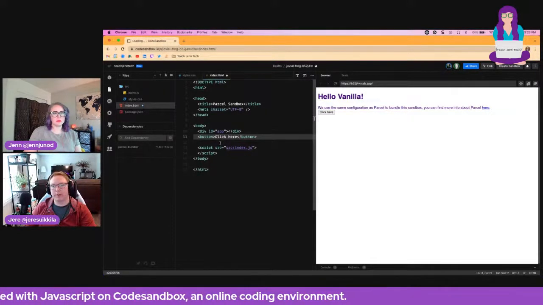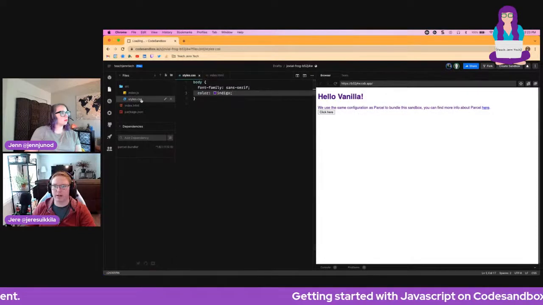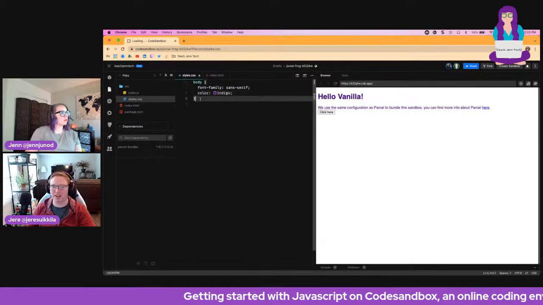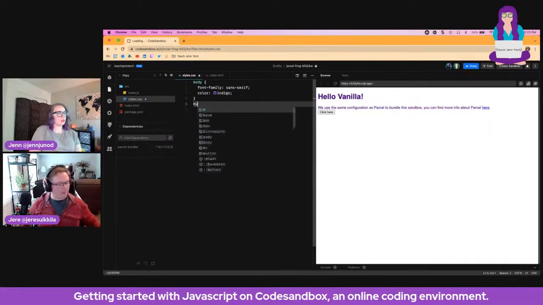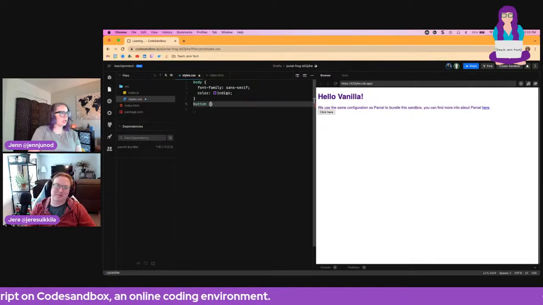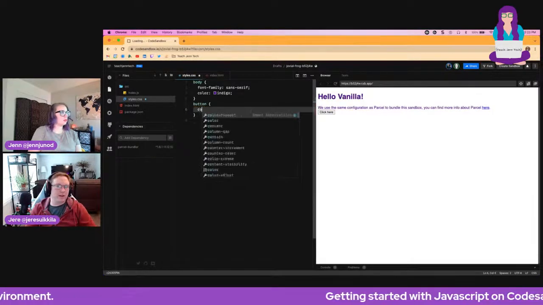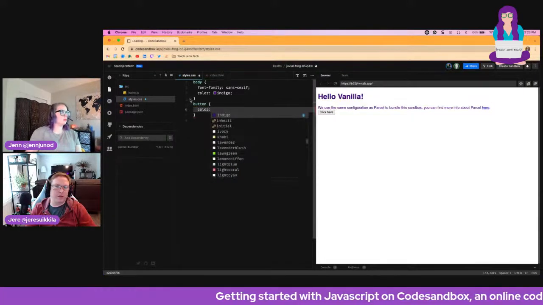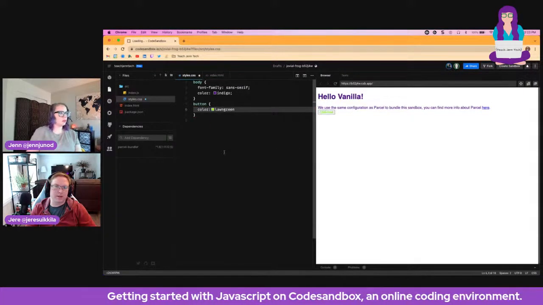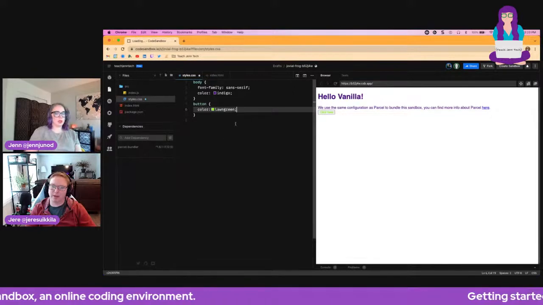You save the index.html, and then we can go back into the styles page and see how we could edit that button. Would it be like this? Yeah, that would be it. Make this one a really annoying color. Probably want to change the background color as well. So that would be background dash color.